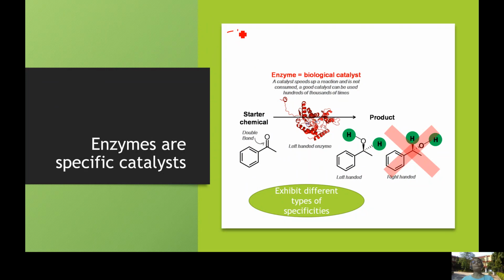Those can be reaction specificity, that is, they catalyze a particular type of reaction, or it can be kinetic specificity, where they catalyze some reactions faster than the other reactions, or it can be stereospecificity, where you talk of enzymes acting on a particular stereoisomer of a pair of isomers, or leading to formation of predominantly one stereoisomer of the possible stereoisomers. If you can see in this reaction,